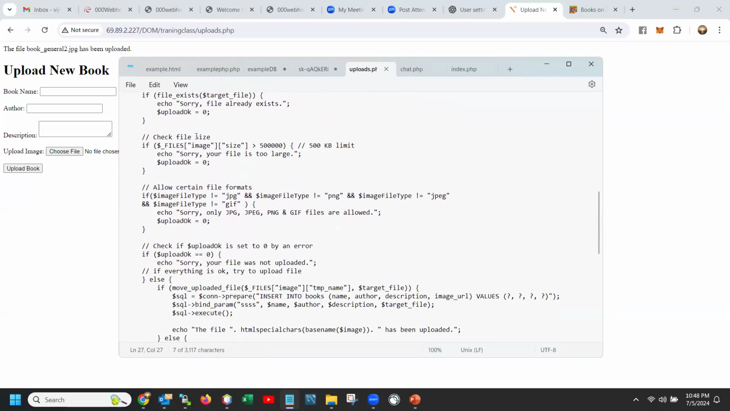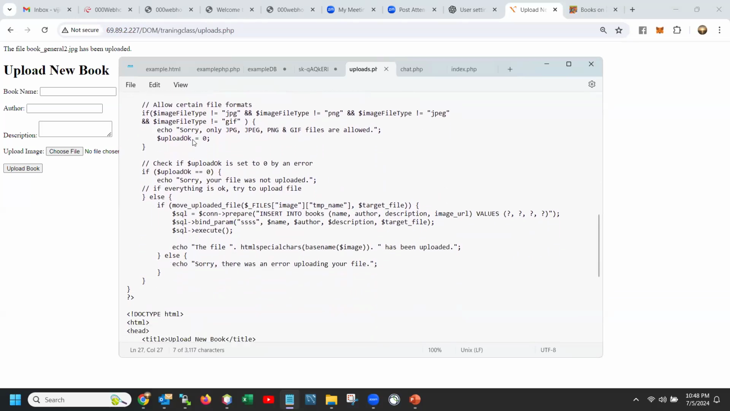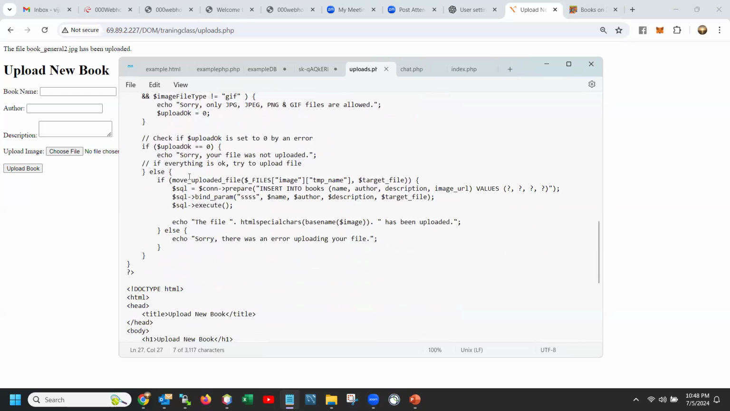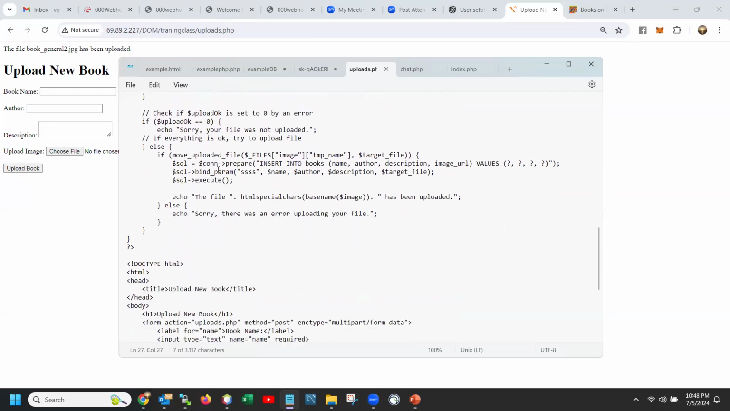There is some file checking being done here, and at the end, if you see here, this is the most important thing: we are making a connection, preparing a statement. I think in your database class you may have studied prepare. I'm hoping so. So prepare a statement. In this case, we are going to insert into the books